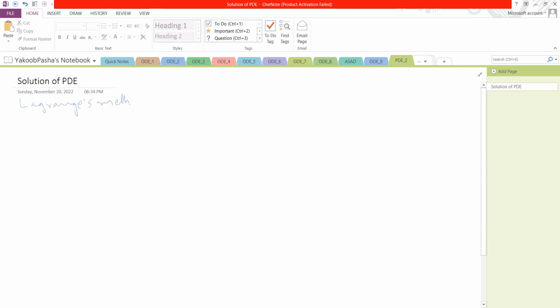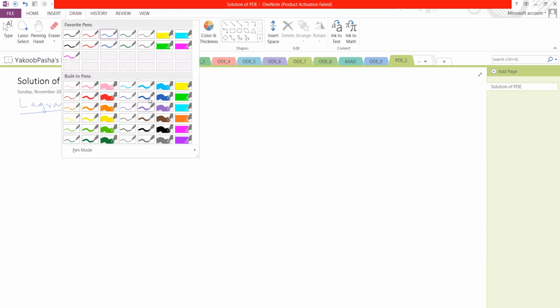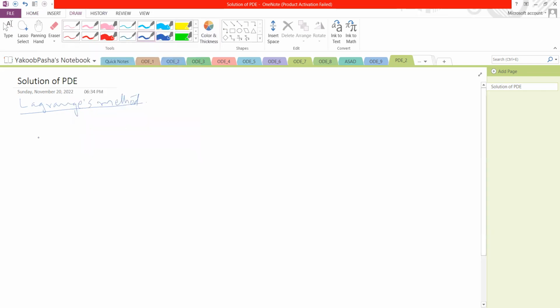Now first we have to see the differential equation is in the form of: the given differential equation is in the form of Pp plus Qq is equal to R, where small p is